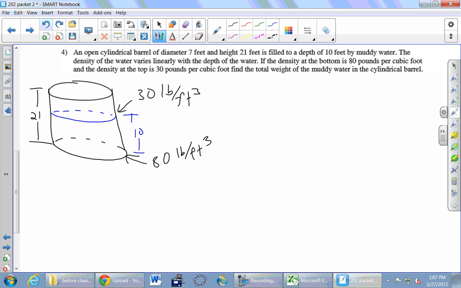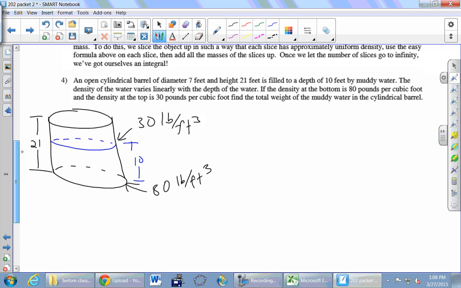So instead of doing that, I mean, because we could just find the average of 10 and 80, and the average density in this barrel then is whatever that number is, 55 pounds per cubic foot. This is now an easy cube problem because we've made this nice leap that says, oh, the average molecule in here has a density of 55, so we'll just treat them all like a density of 55. But that's only because it's linear. And if it were anything other than linear, then we wouldn't be able to just use this nice trick to get the answer, right? But Cooper provided the trick.